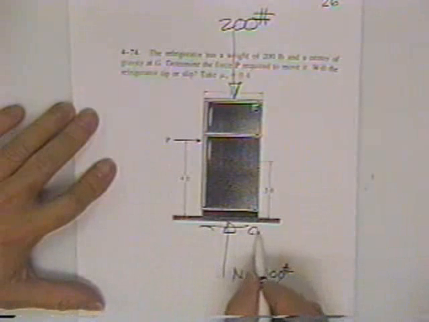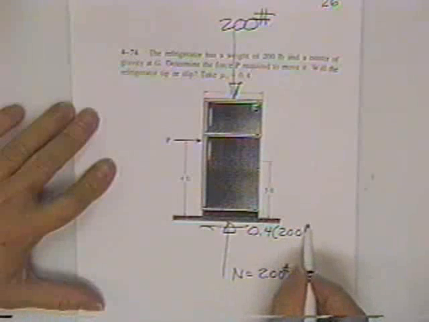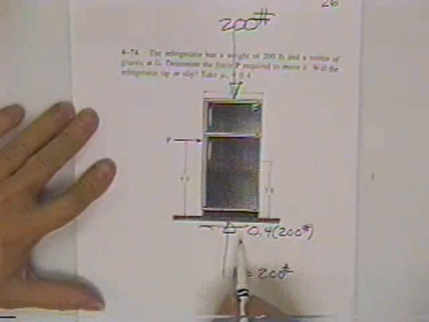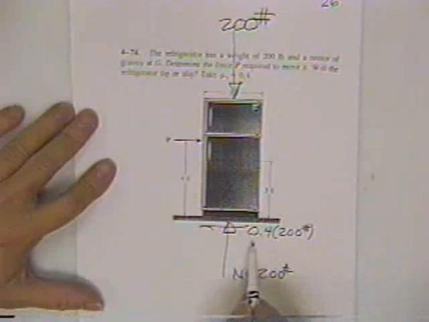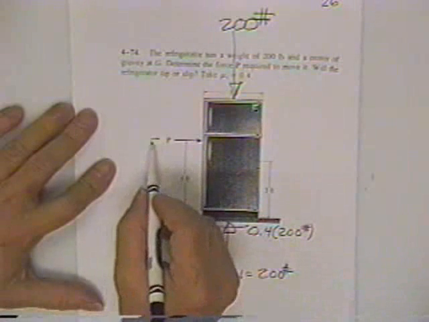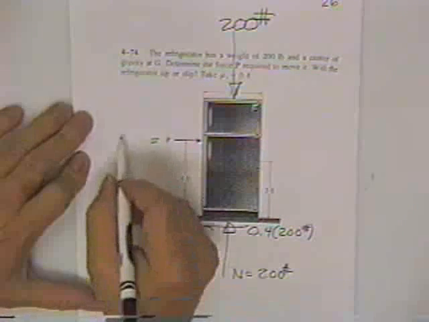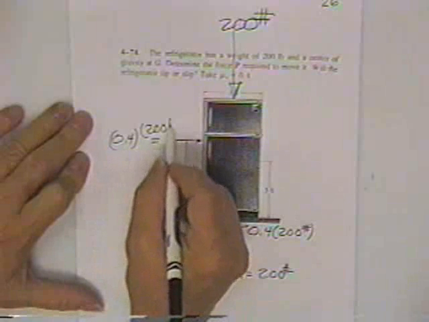And the friction force will be 0.4 of 200 pounds, because you said you wanted to slide the refrigerator. 0.4 times 200 pounds. This one ought to be not much to this one. The force necessary to make it slide is 0.4 times 200 pounds. You're not going to get it going